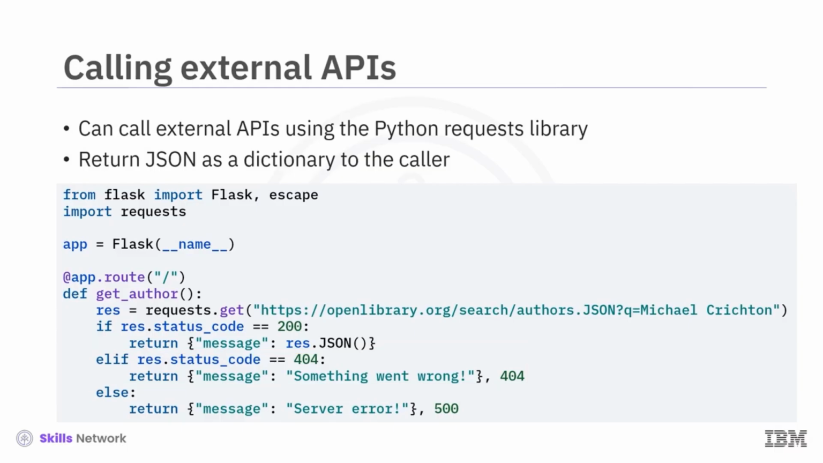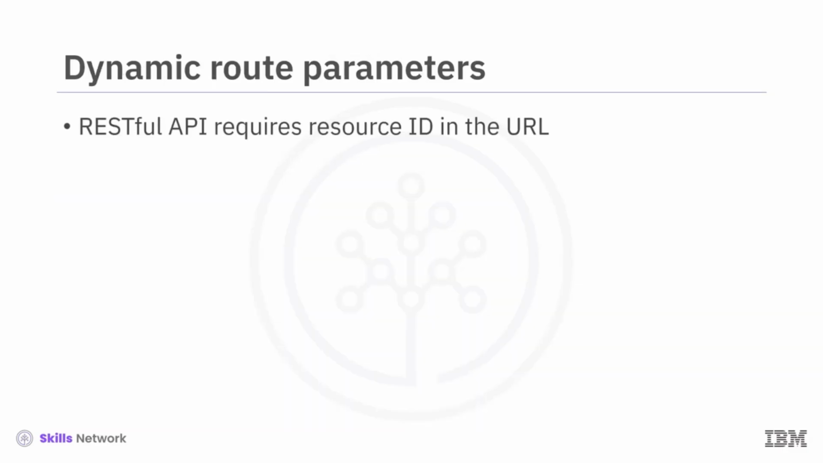And finally, in this hypothetical case, if the response is anything else, you return with a status of 500 and a message, server error. When developing RESTful APIs, you can send some resource ID as part of the request URL. For example,